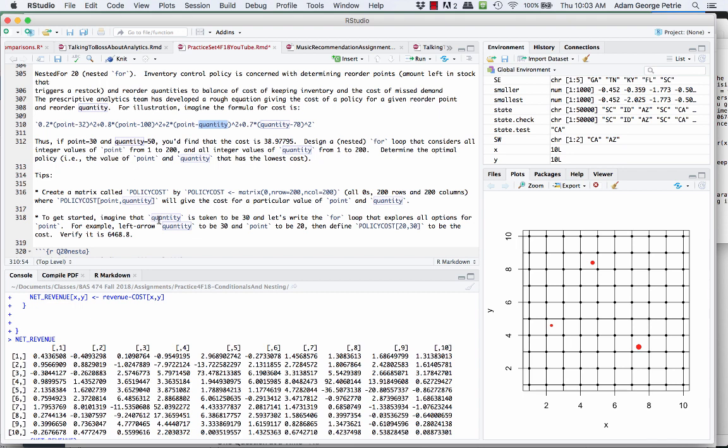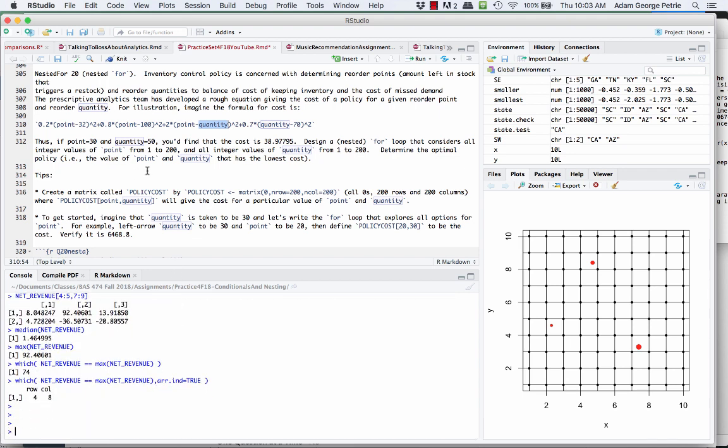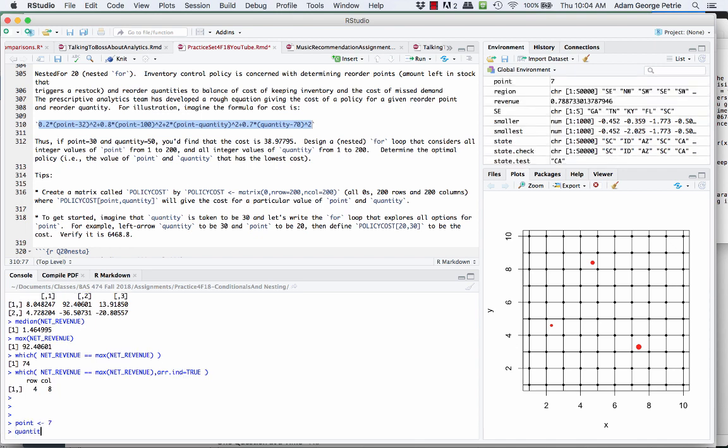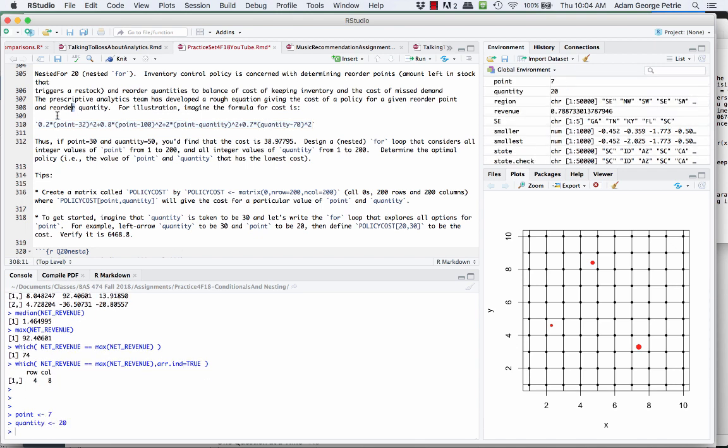So let's imagine that the analytics team has developed a formula that tells us what the cost is for a particular inventory control policy. Based on the reorder point and the reorder quantity, this is the cost associated with that policy. So if you have too much in inventory, you're wasting money in storage. If you don't have enough inventory, you're losing money because you're missing demand. So let's imagine this equation here captures the trade-off between those two. So if point was equal to 7 and quantity was equal to, say, 20, what would be the cost associated with that policy? Well, it turns out to be